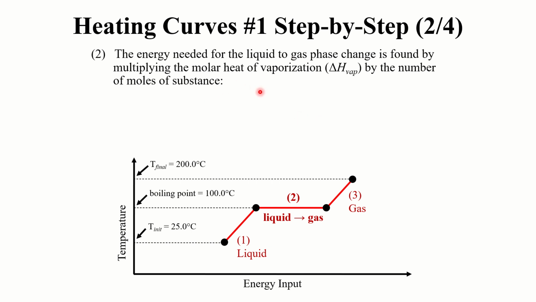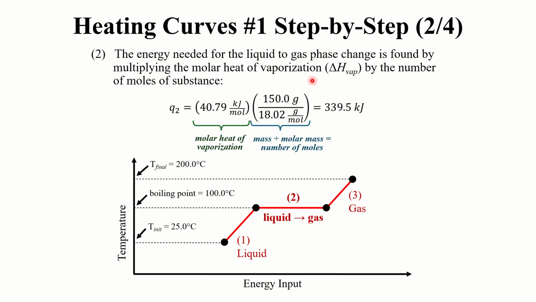You can find this by simply taking the molar heat of vaporization and multiplying by the number of moles of that substance. So I would take 4.79 kilojoules per mole. This was the given molar heat of vaporization, and I'm going to multiply by the number of moles of the substance I'm working with. I was given 150 grams of water. I'm going to take that 150 grams of water and divide by its molar mass, and that, in the parentheses, gives me moles of water, since the grams will cancel and you'll be left with moles. The moles here will cancel with the moles there, just leaving kilojoules. So we get a value of approximately